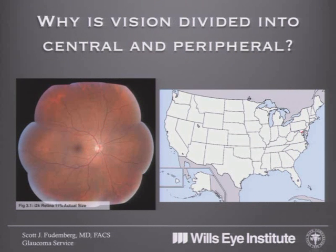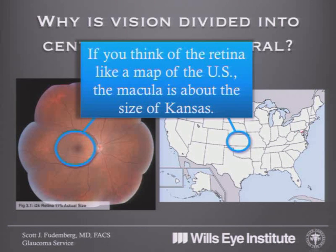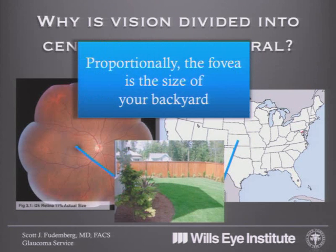So if you measured the surface area of the retina and you compared it with the surface area of the United States, you would find that proportionally the size of the macula in the center of the retina is roughly equal to the size of the state of Kansas, which is right in the center of the map of the U.S. And just to give you some extra perspective on how small that area is that serves your 20/20 vision, proportionally, that's more like the size of your backyard. So the area that serves our 20/20 vision is a very highly specialized and small area of tissue in the